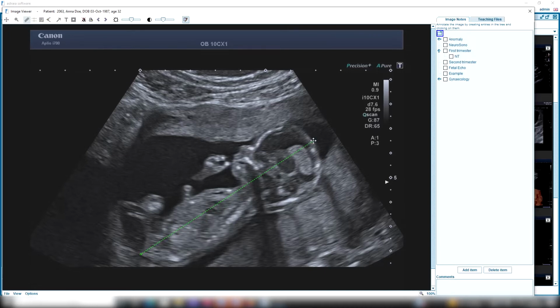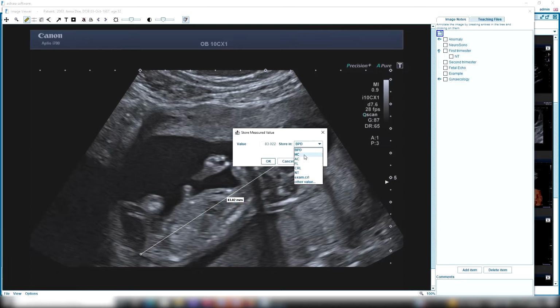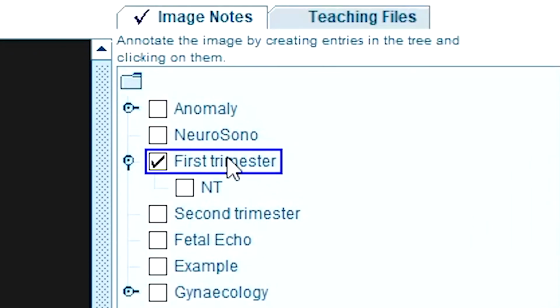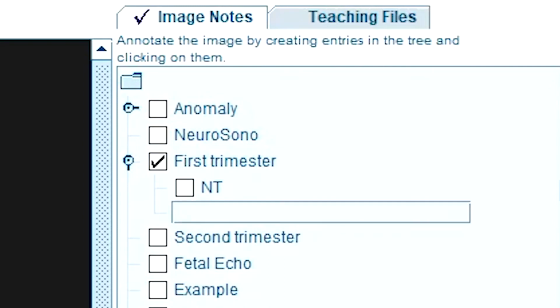The image viewer not only allows you to view images, but also contains various tools. Among other things, you can take measurements and send them directly to the corresponding database field. Furthermore, it's possible to categorize the images with user-defined tags in order to retrieve them later by the image query tool. I would like to give you now a few examples to illustrate how examinations can be documented efficiently and completely thanks to the extensive input screens with practice-oriented workflows.